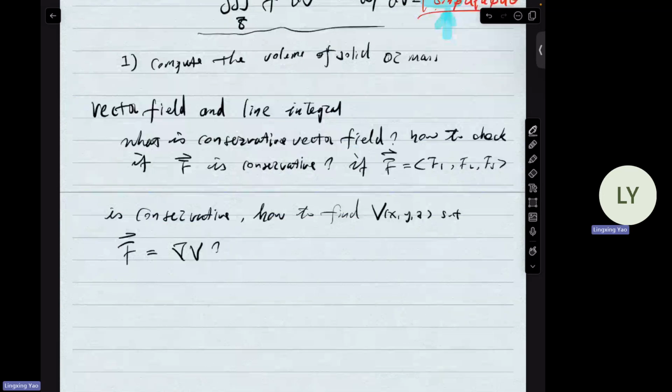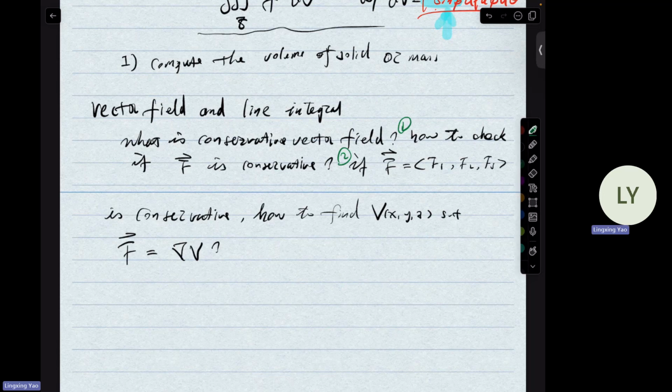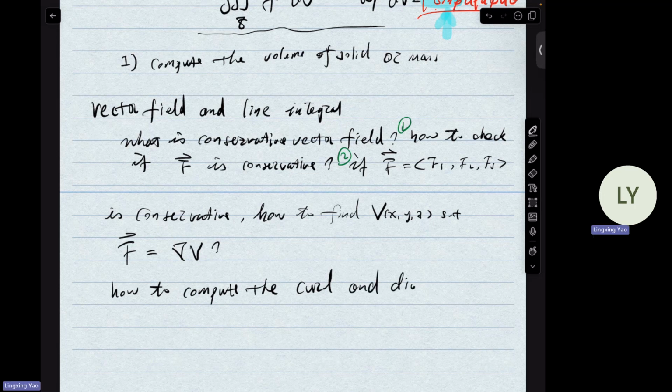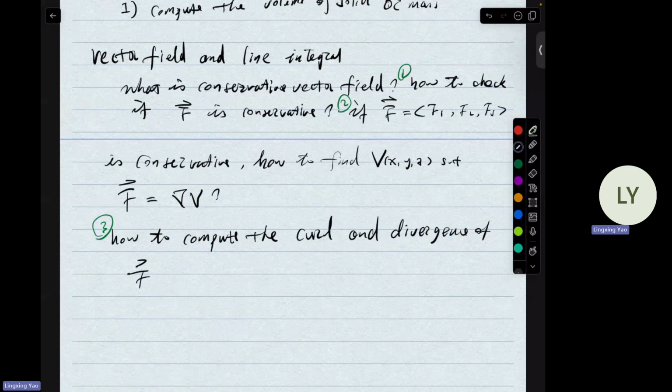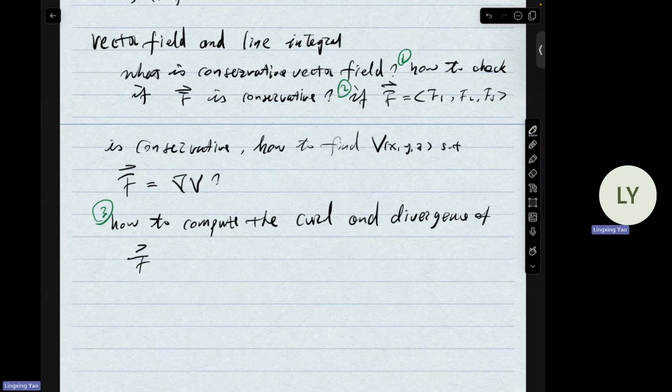Okay, and then there are questions. Maybe I should list them. One, how to check. Second, and now the third, how to compute the curl and divergence of vector field F. Yeah, those are the concepts related to the vector field, and also we